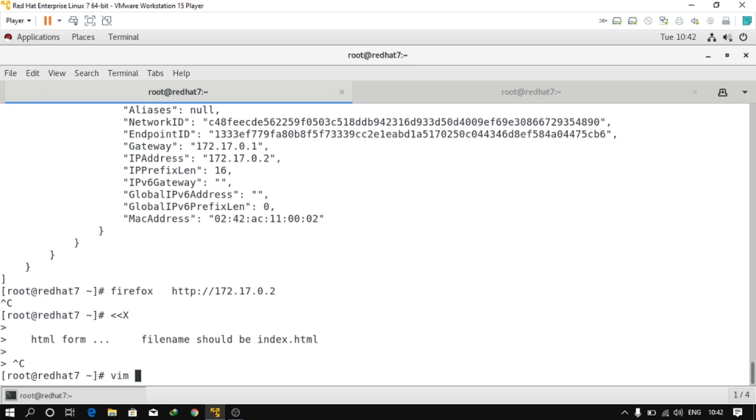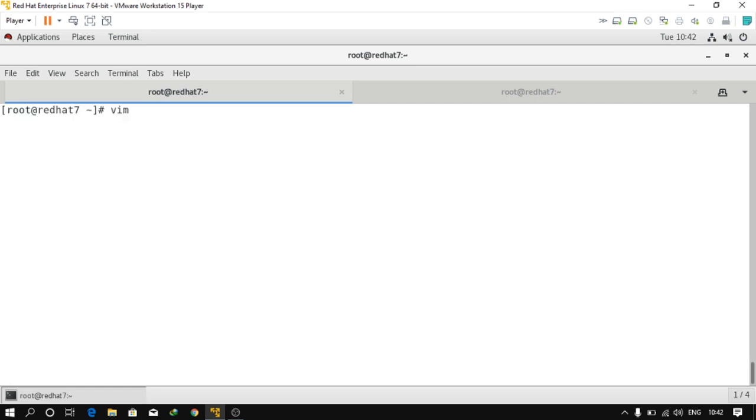So I'm opening the Vim editor, Vim is the editor. I'm opening a file that is index.html, and you can see there's something written out there. So I will remove that. Now, if I want to write some customized message like, welcome to my container of Nginx, like you can show